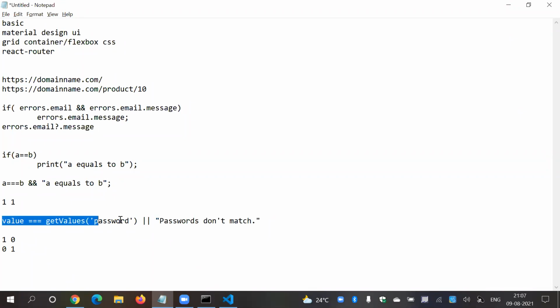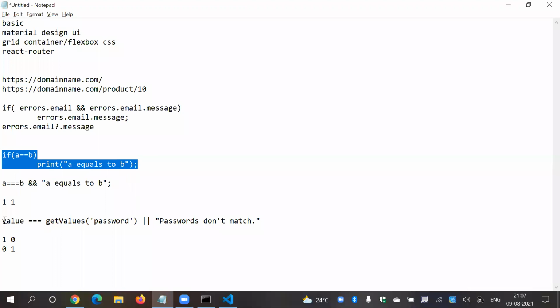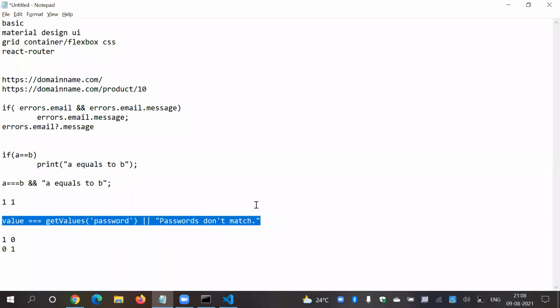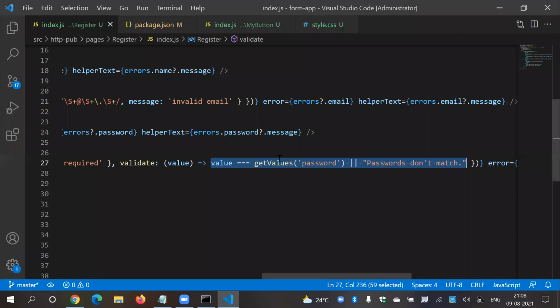So it will ignore this second part. But if it is false, then it will go to check whether it is true or not. And logically this will always return true, because this is not a condition, this is a statement, right? Same thing here, it is a statement. So this is the condition. So always use a condition. If this is false and you want to execute this, then use or. If it is true and you want to print or execute something, then use and. Instead of writing two lines of code, use a single and logical statement. It is more readable. Hope you got my point.